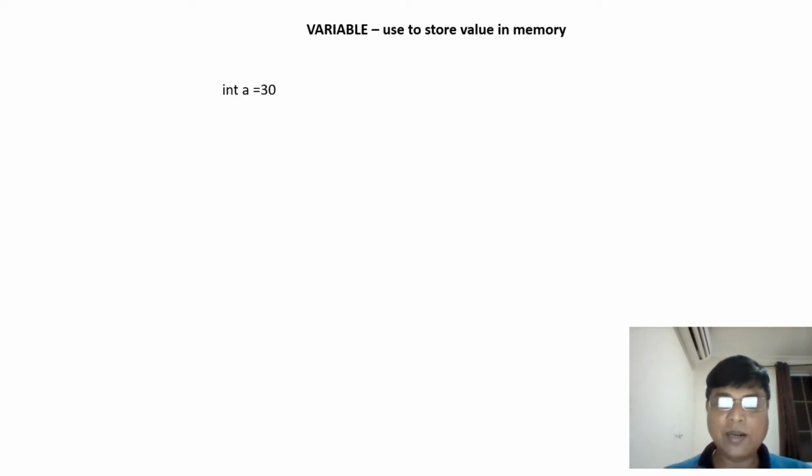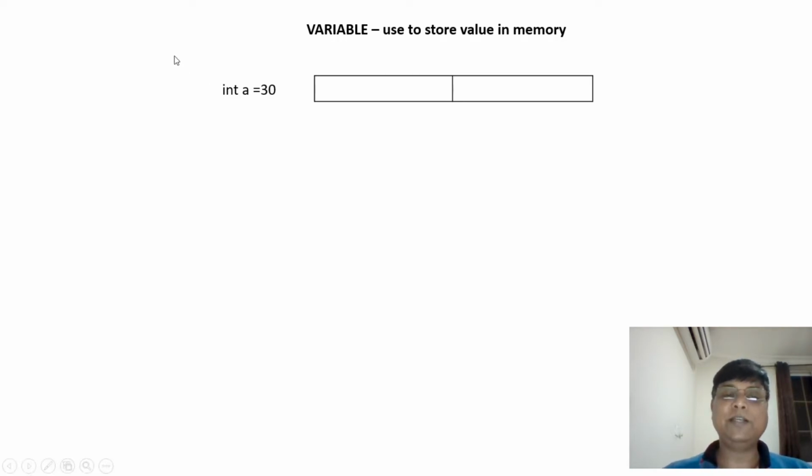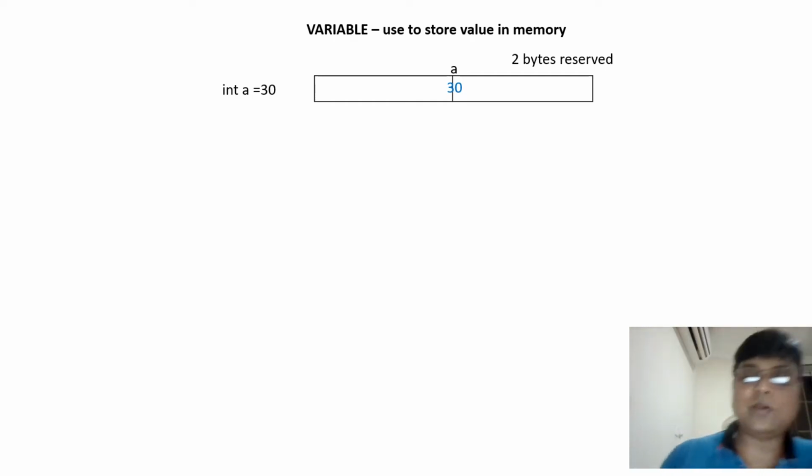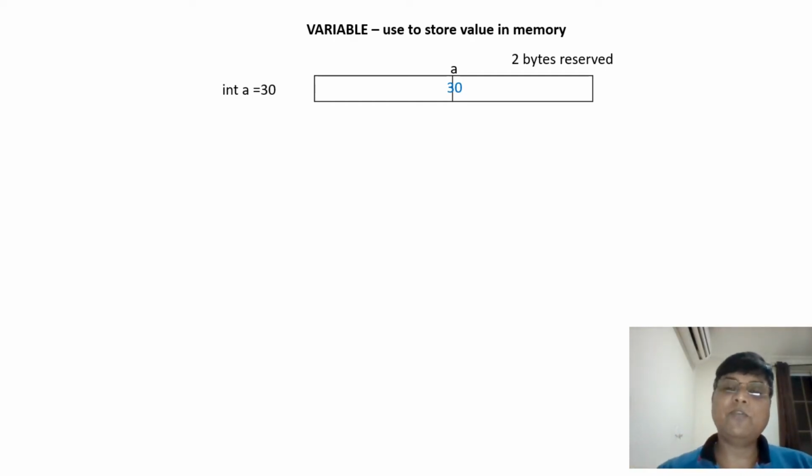So when I declare in the program integer a equal to 30, what will happen? 2 bytes are reserved, because it is an integer declaration. So 2 bytes are immediately reserved. Why? Because it's an integer type of data, and the location will immediately be given the name a, and the value 30 is stored. But the 30 is not held like that; that is just how we discuss it for human understanding.